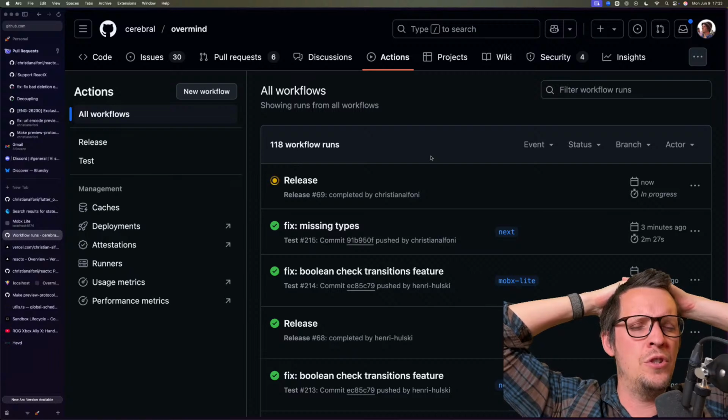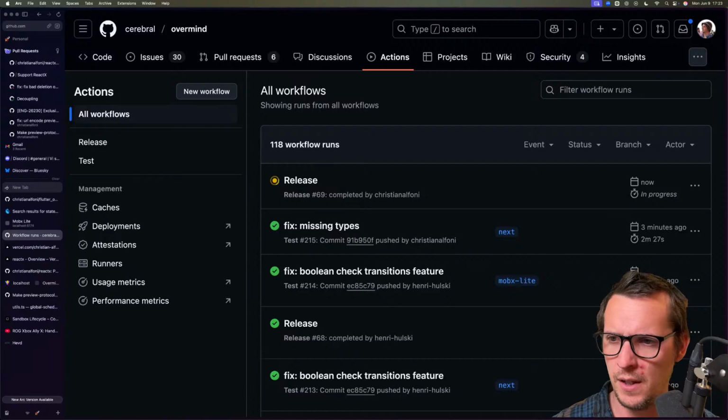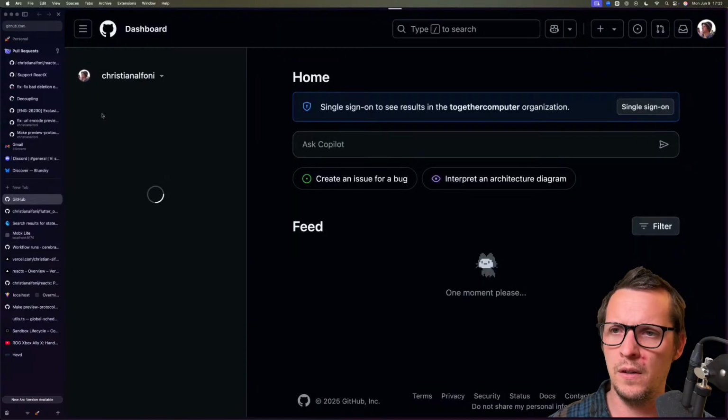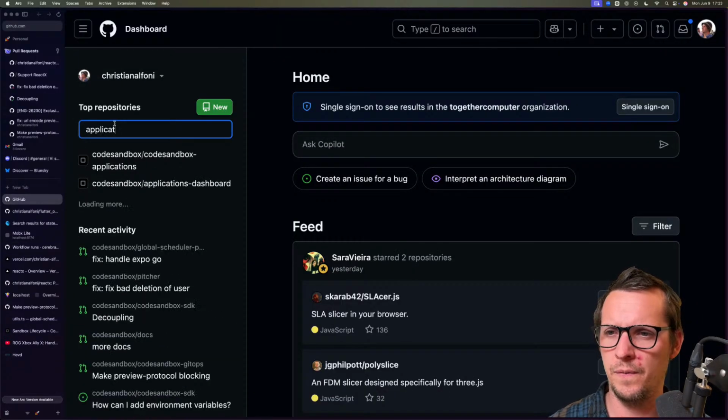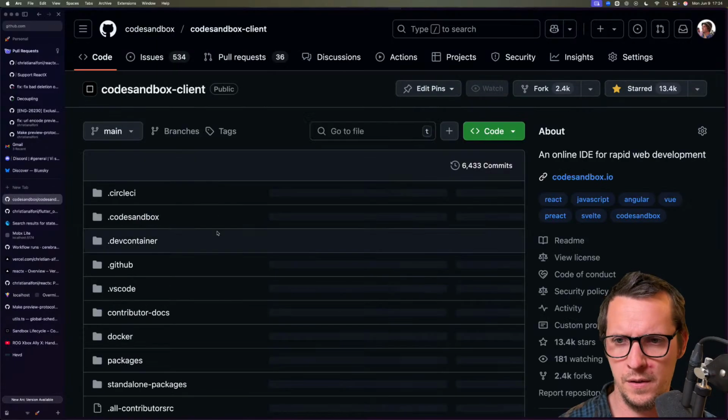You have to choose. It would be interesting to do a review of the state at Code Sandbox. Maybe we can even take a quick look at it now. Applications. No, this will be client, Code Sandbox client. So,